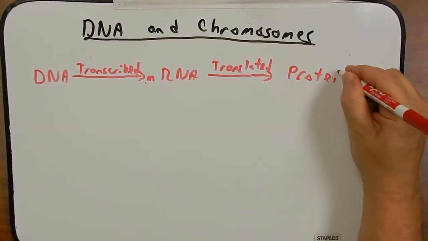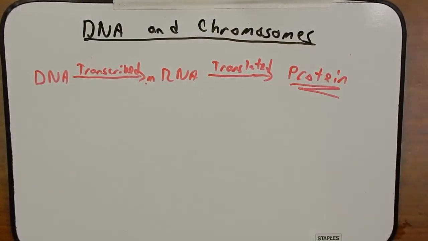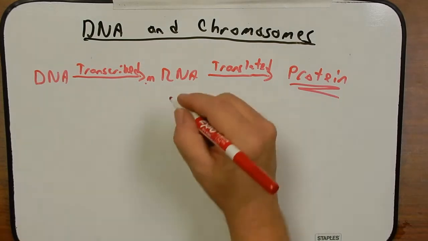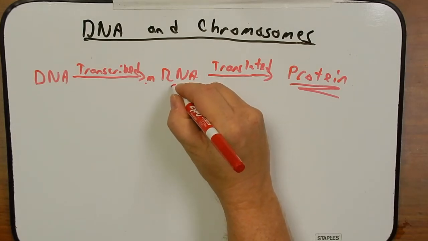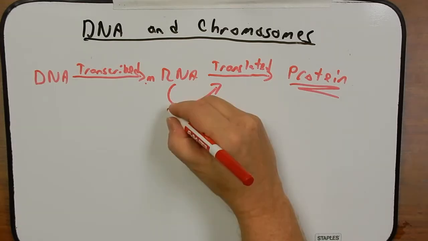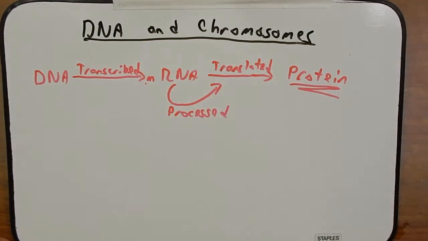And we just spent the past several classes talking about proteins. We'll continue to talk about proteins throughout the semester, but in more of an applied fashion. What are the proteins doing in the cell? We won't spend too much time talking about RNA. I should add something here with the RNA, just to make it legal here. Before it's translated, particularly when we're talking about eukaryotic cells, it is processed. It has to go through some rearrangement and modifications before it can be translated into proteins.